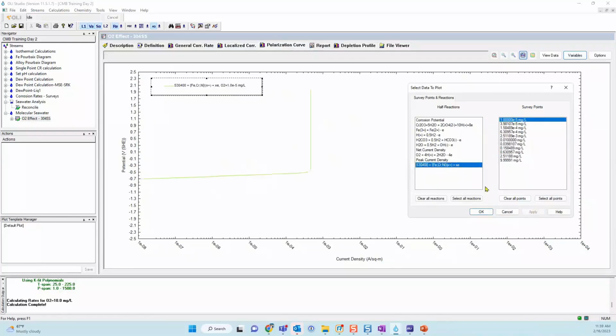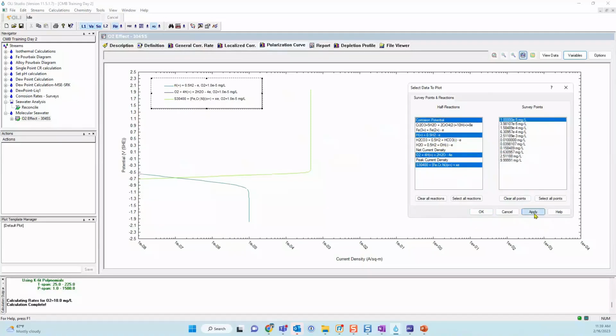the anodic reaction with the oxygen reaction, and maybe, I don't know, maybe we have the bicarb. No, we don't have the bicarb. Maybe the reduction of hydrogen. Okay. So again, and maybe the corrosion potential. The corrosion potential is here, meaning that probably here is the water. Yeah, so I'm going to reduce.